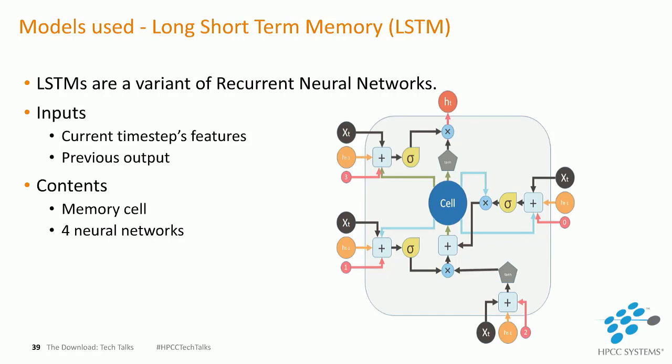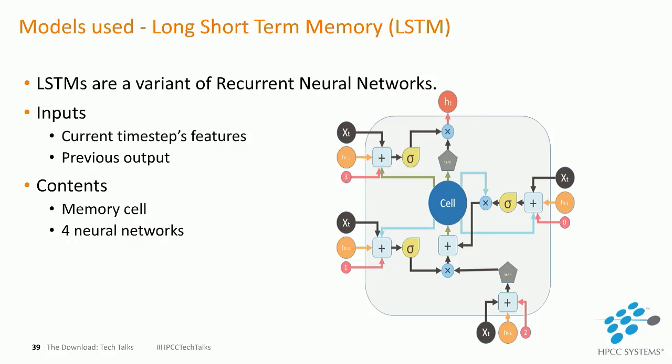Right. Moving on to LSTMs. Long short-term memories are a variant of recurrent neural networks. The disadvantage of recurrent neural networks is that you have a very high risk of exploding gradients or vanishing gradients happening. So that's why LSTMs were invented, to cut this down and to have a greater memory in each node, and to make sure that the gradients don't explode or vanish.